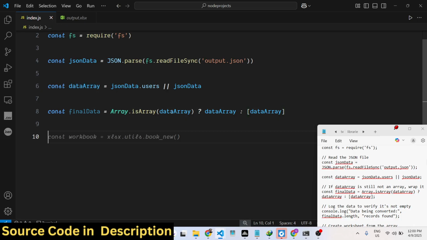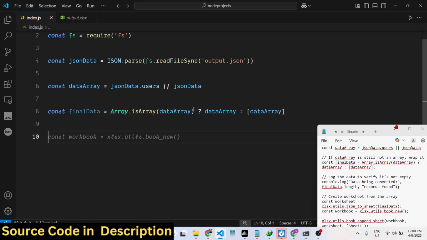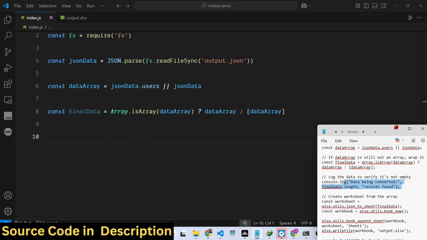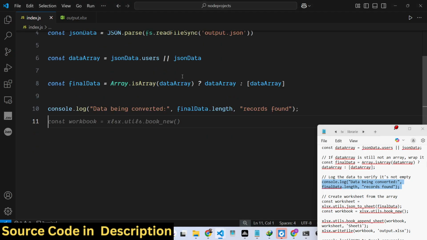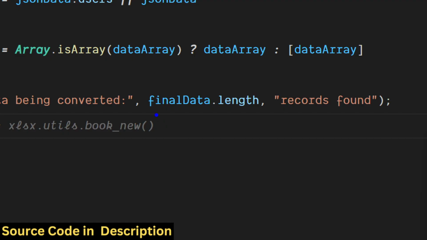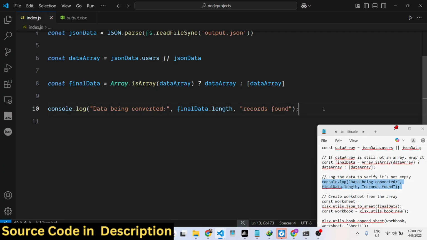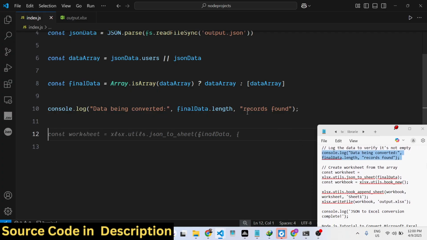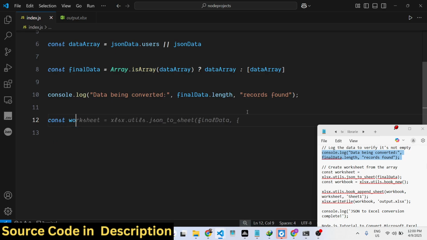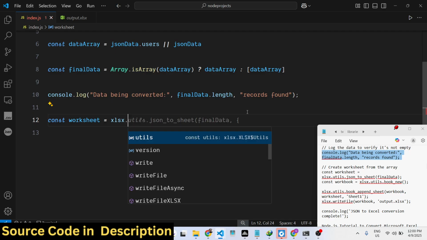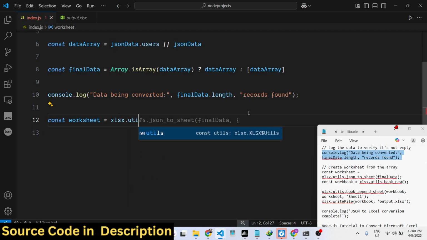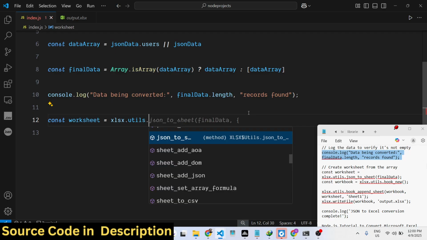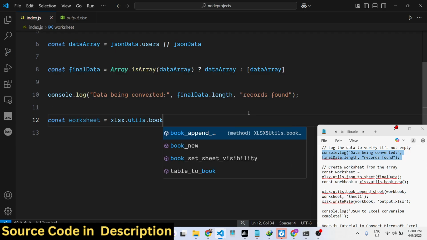After this step we basically log the data. So we specify how many records are present in the JSON file. We specify the final data dot length. It will calculate the total number of records and print it. After that we will create the worksheet of an Excel file. For creating the worksheet we create a variable, and there is a function inside this module, XLS utils dot book append